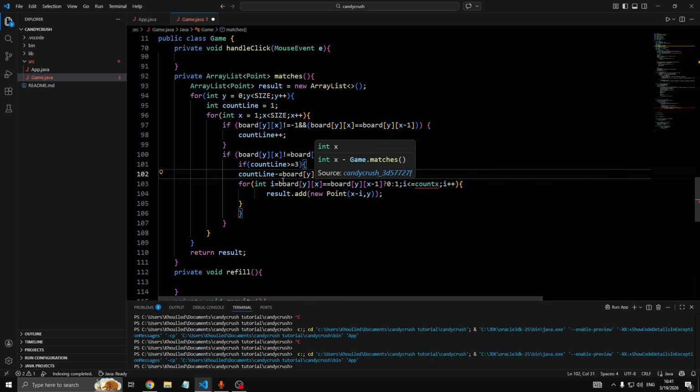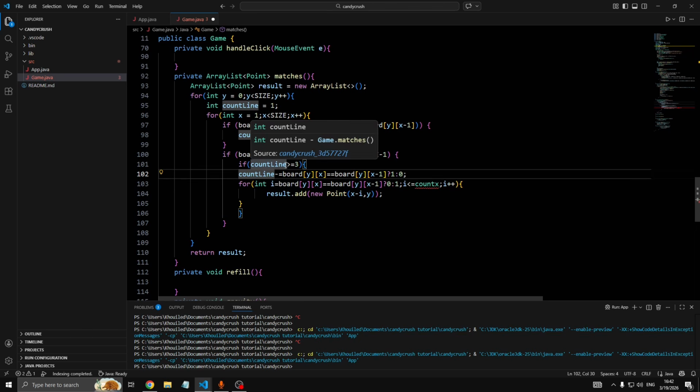So in that case, we need to take away 1 from our, actually no, if the last piece at the end of the line is equal to the one at the count line, then we're going to take,